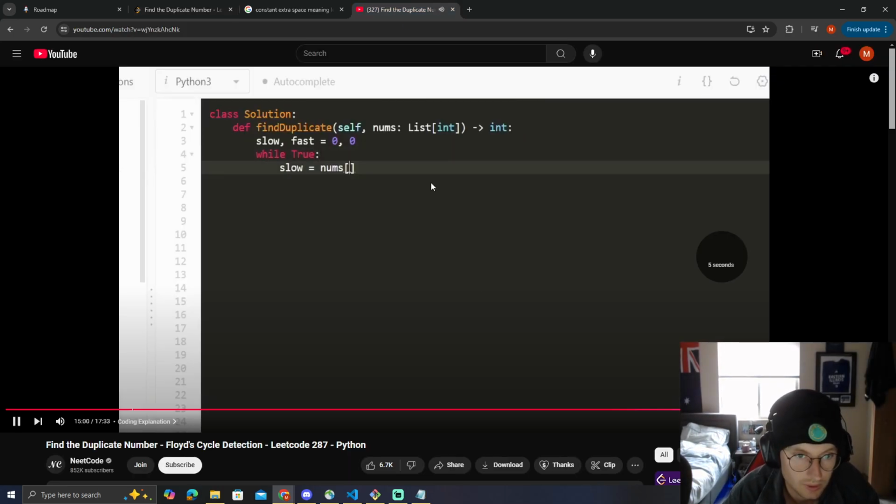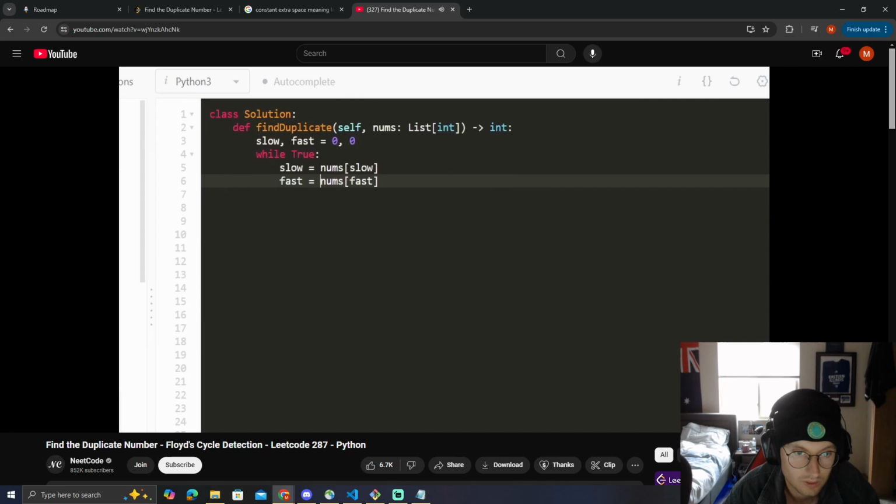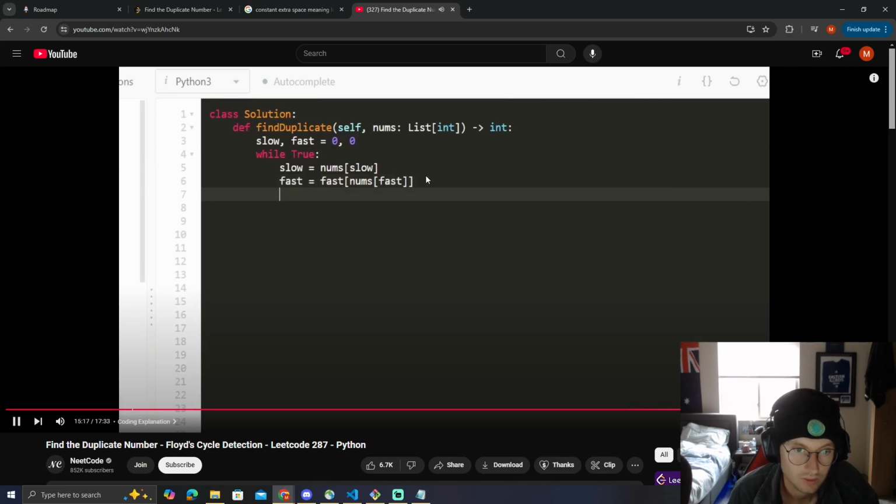I don't remember. Points the opposite, and so nums of fast. But remember, we're advancing fast twice, and so we can just do this. And of course, fast and slow are always going to be in bounds, right? They're never going to point out of bounds. We know that for sure based on the restrictions that we're given. And slow is equal to